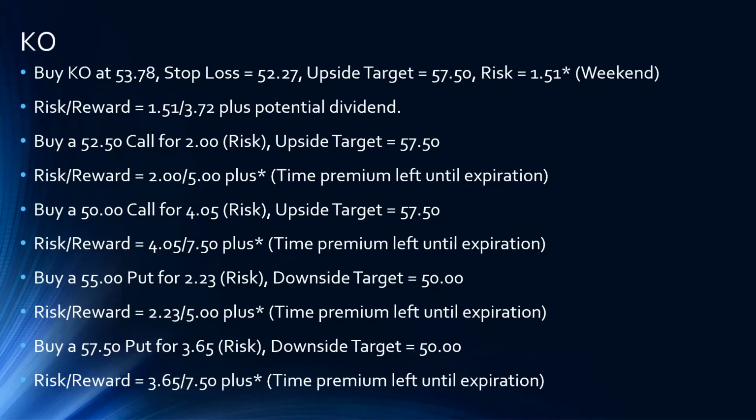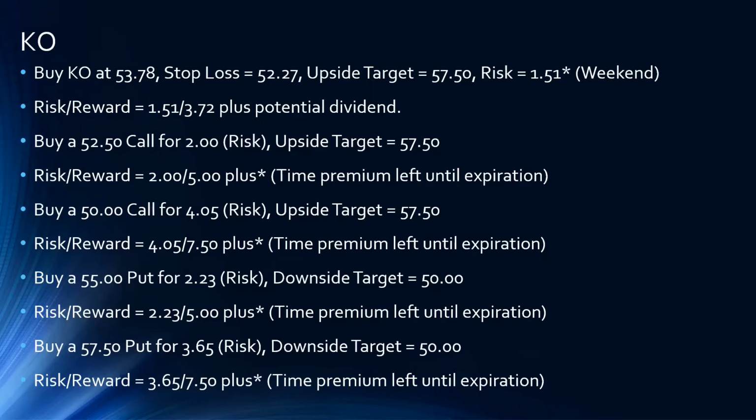So now if you buy the 52.50 call, remember that's the one I like because it's above that recent higher swing low. Your call would cost $2, or $200, with an upside target of 57.50. So there you have a reward of $5 to $2. So that's more than 2.5 to 1, plus your potential time premium left on your option. That's pretty good. That's a very nice risk reward. So if you're bullish, the 52.50